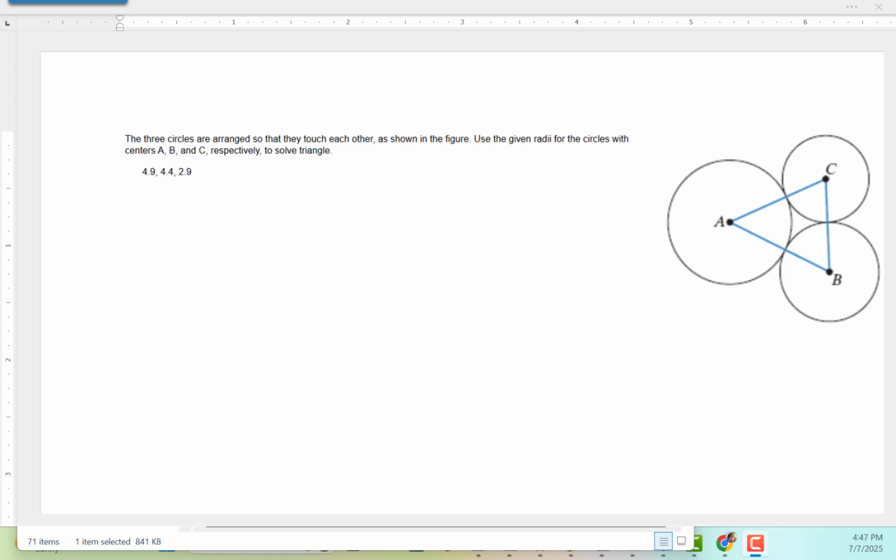In this problem, we're asked to solve a triangle that is defined such that the vertices of the triangle are the centers of circles that are touching one another. And the information that they give us is the radii of each circle. So, for instance, when we look at this picture,